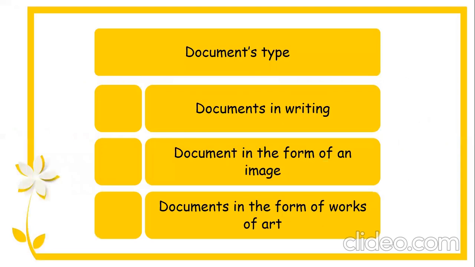Next, there are some document types. The first is documents in writing, then documents in the form of images, and then also documents in the form of works of art. Documents in writing are, for example, life history and biography. In the form of an image, there is, for example, a picture. And the last, documents in the form of work of art, for example,